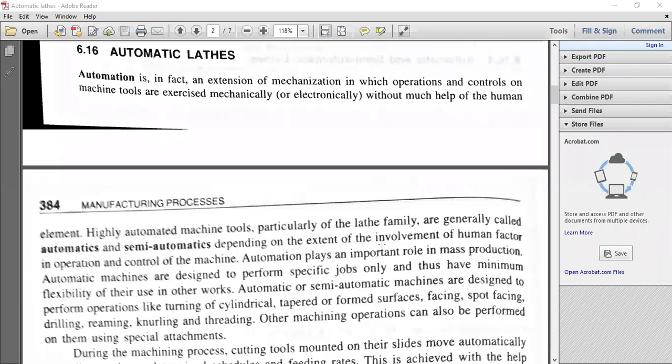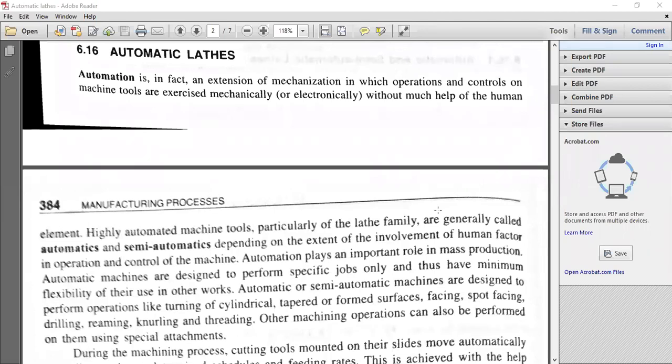We provide camshaft drives, an automatic feeding mechanism, and automatic speed control depending upon the type of operation. In a CNC turret lathe, depending upon the programming, according to the particular operation, the speed and feed will be automatically controlled with the help of